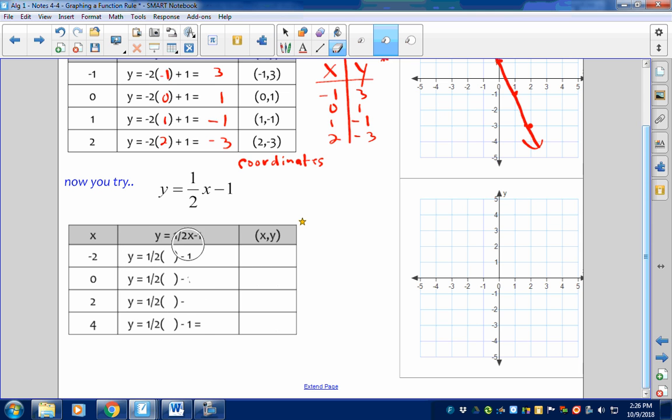Go ahead and fill it out, and we're going to get away from doing all the details here. When you get to your homework, I'm fine with you just doing an XY table. I'm assuming you can do this in your head, half of -2, at least in most cases, or on your calculator. Half of -2 is -1. Minus 1 more,